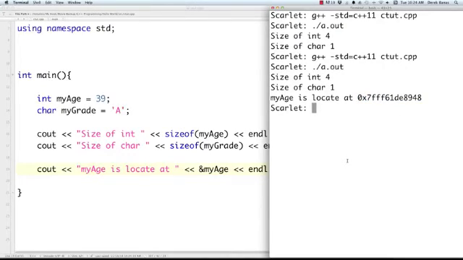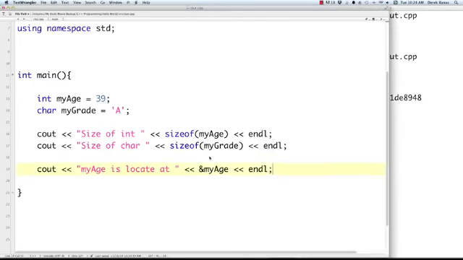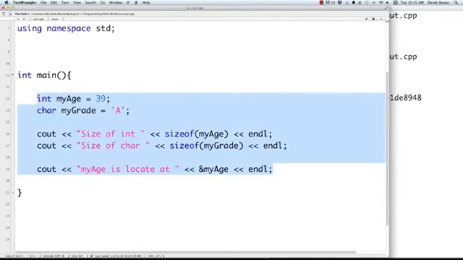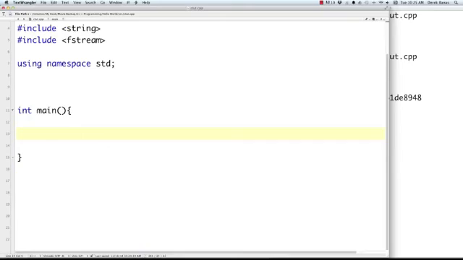Now, what's really cool about this is whenever we don't use pointers or we don't use reference operators and we change a value of a variable in a regular old function, that change of value does not carry on. It is lost. And the reason why is whenever we use regular functions, what we are in essence doing is passing a value into that function. So even if we had, let's